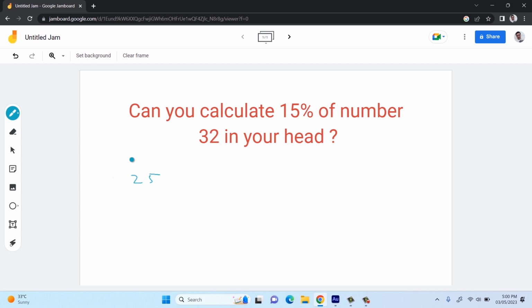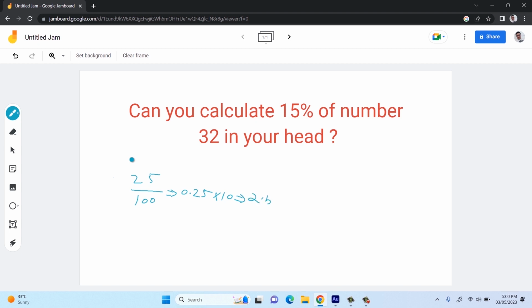So to calculate 10% of 25, what we have to do is first we have to divide 25 with 100, and then we will get 0.25. So if we have to calculate 10%, we have to multiply it with 10, and we will get